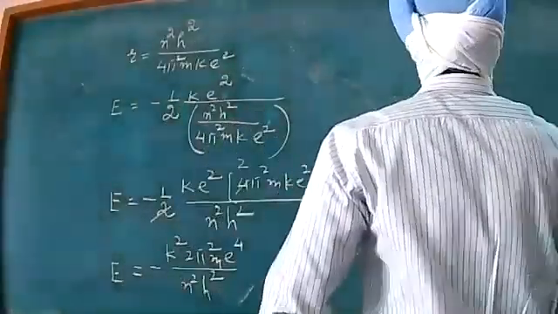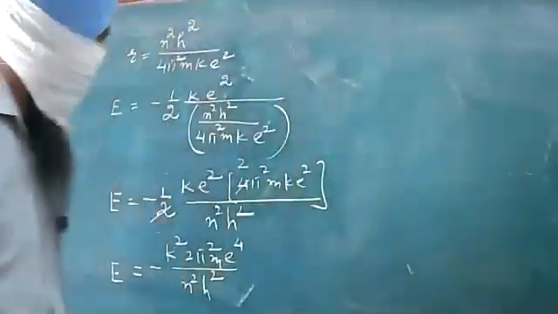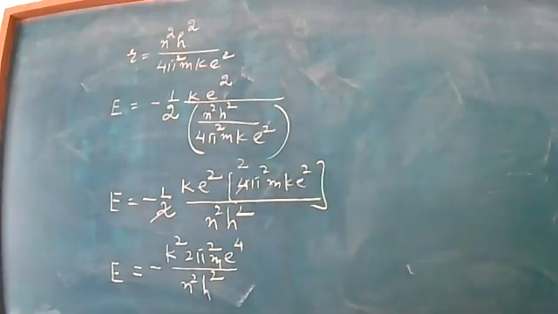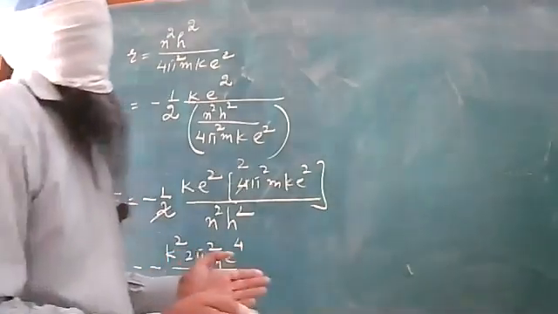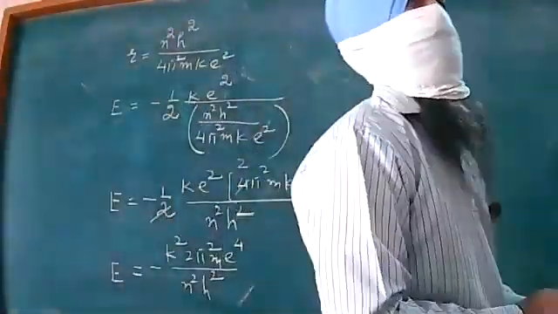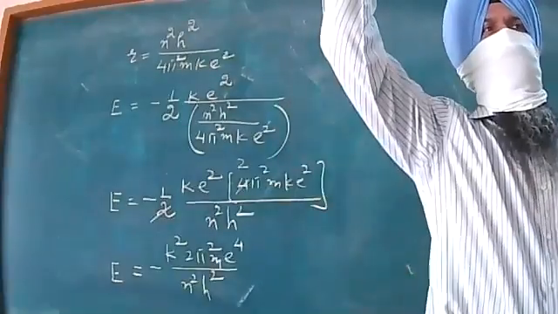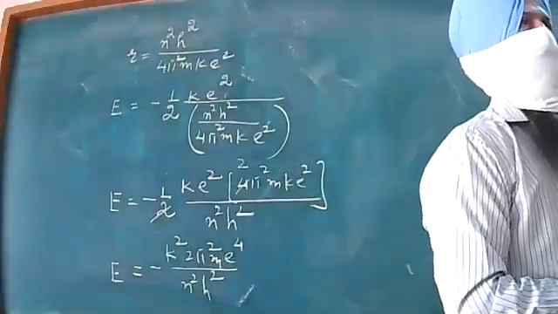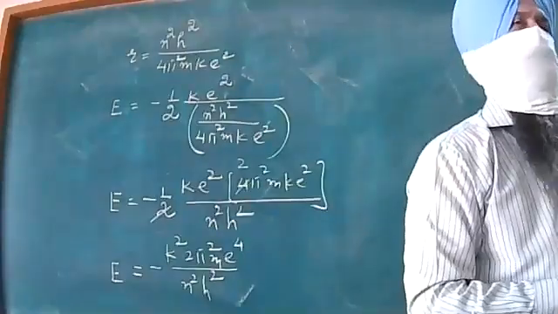Next beta, let us proceed further with this calculation. In this manner beta, suppose we talk about your fourth or fifth last postulate in Bohr's model of atom: when the electron jumps from a higher orbit to a lower orbit, it gives out energy in the form of radiation, and when it goes from the lower to the higher, it absorbs an equal amount of energy.